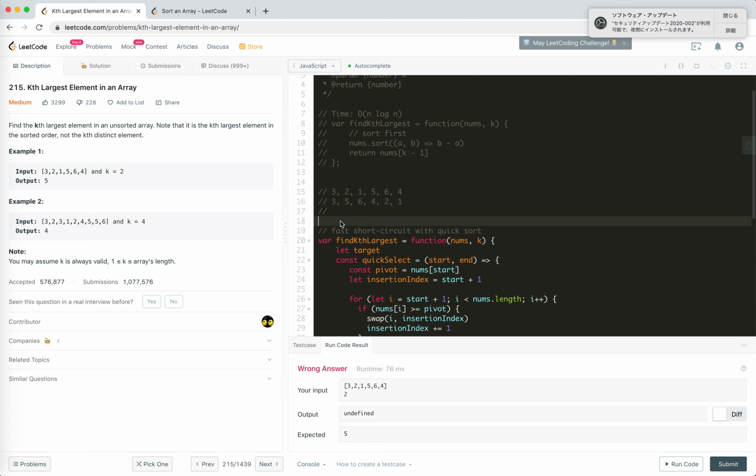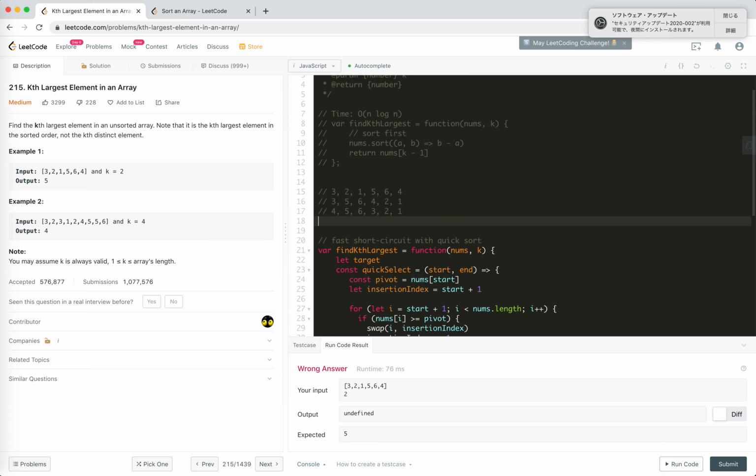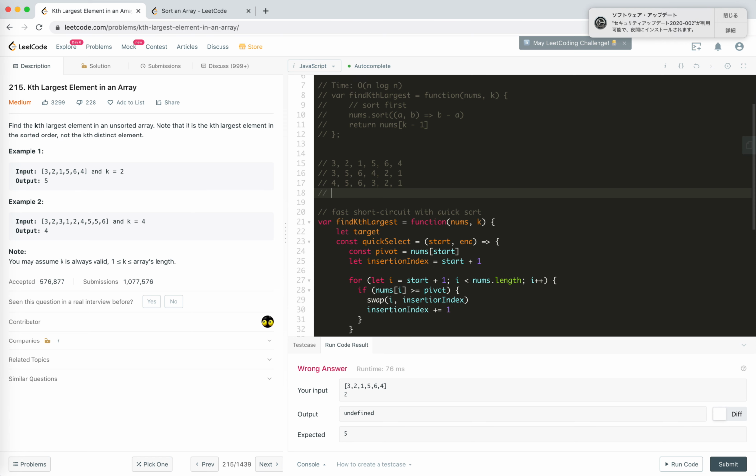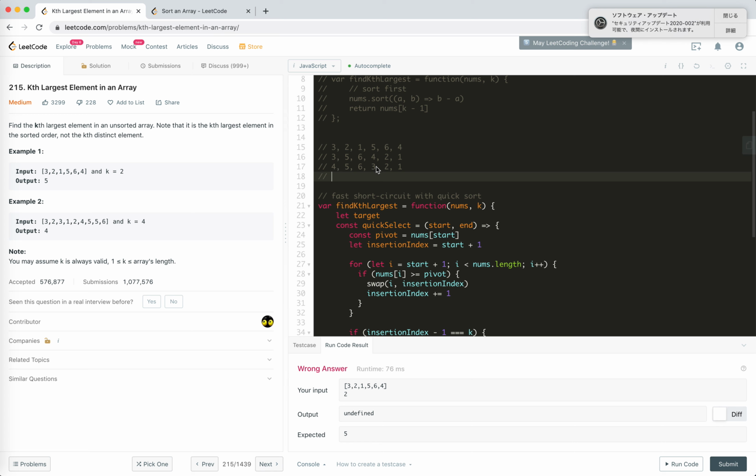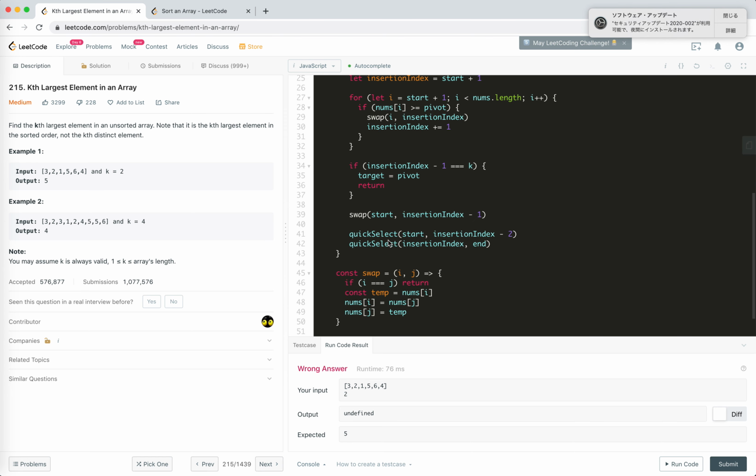Swap these 3 and 4, but the k is 2, so it is not equal to our target. It is not what we want. 4, 5, 6, 3, 2, 1. Wait a minute. Actually, we could avoid it if the left one is bigger than it, so we should search on the left one, right? We could improve more. So the index,